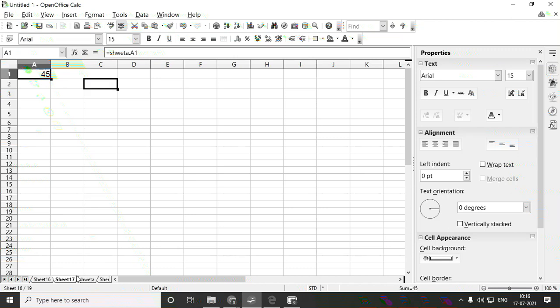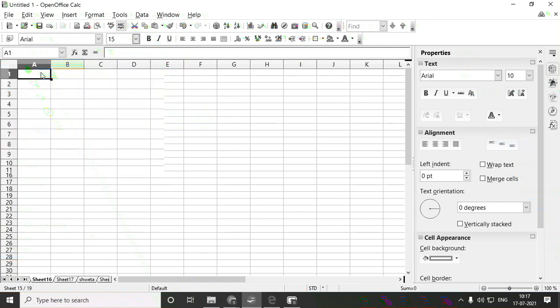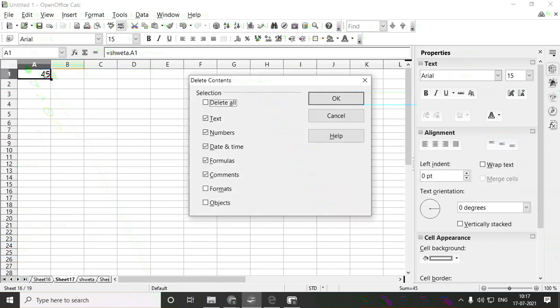Suppose I show you once again in sheet 16. I'll insert 100 here. Okay, next sheet 17, I'll delete this.